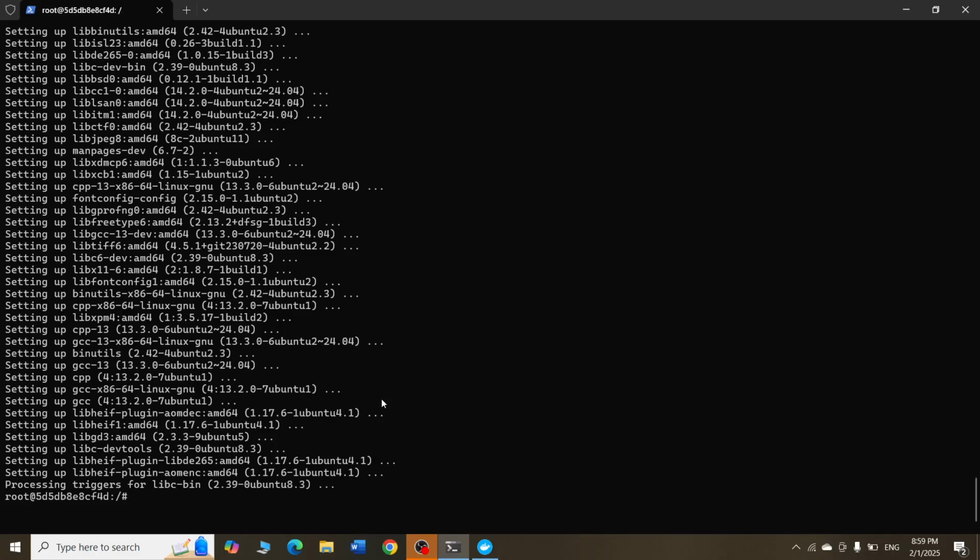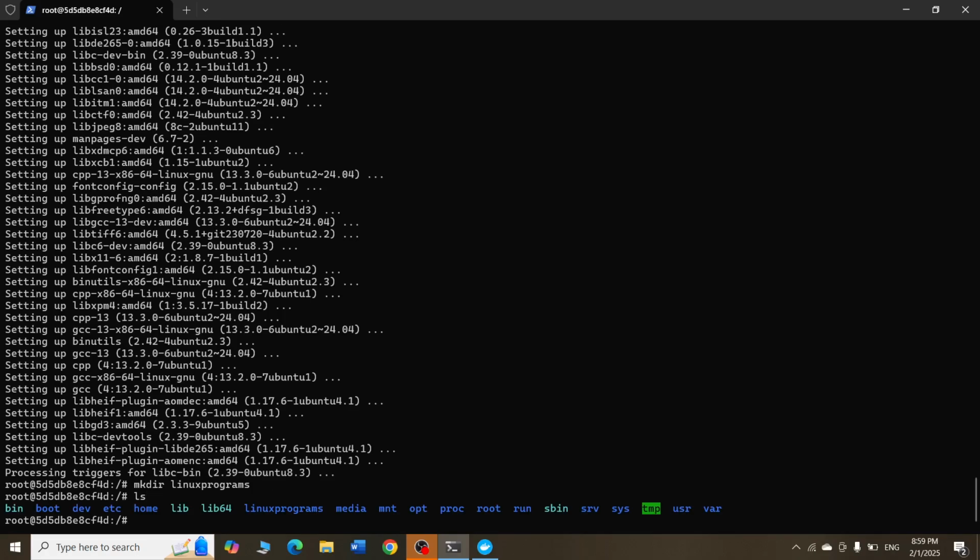I will create a very simple sample program to show you how to create programs, run them, and save the data that we have done. For that, first I will create a directory, mkdir linux programs. It's not mandatory that you create a folder, but I have a habit of creating a folder so that I can put all the files inside that single folder. When I type ls, you can see that the linux programs directory is now successfully created.